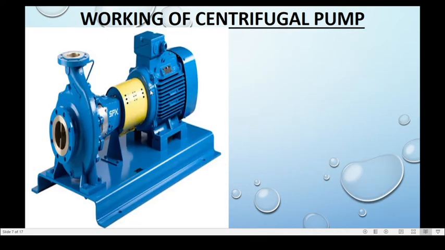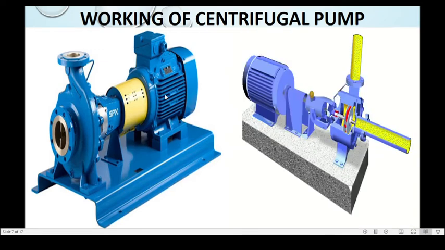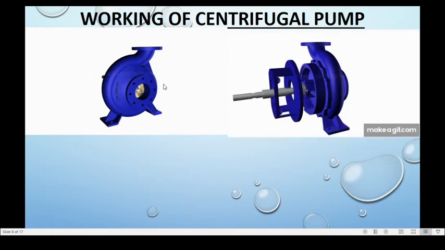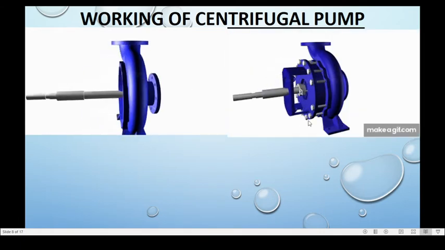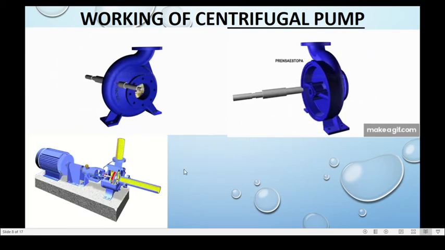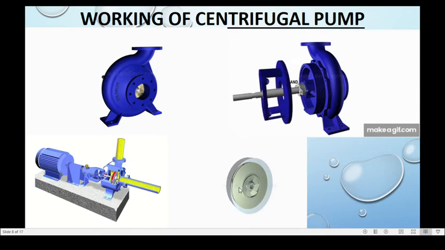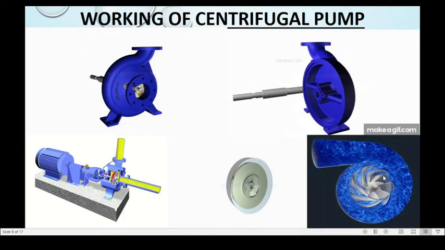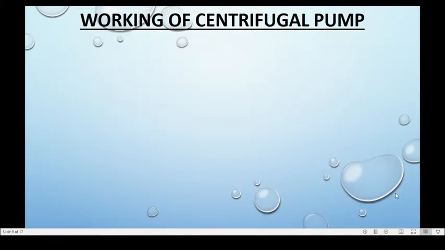Here this is the physical diagram. As you can see physically how it looks, centrifugal pump connected to the electric motor. So this is how the motor is rotating, shaft is rotating, and the impeller is rotating. Next, here you can see how the shaft is connected inside the impeller. Okay. Next, here how the shaft is getting fixed inside your centrifugal pump. So here how this is fixed and this is rotating, and the impeller is also rotating along with this shaft, and the water is also rotating as the impeller is rotating.